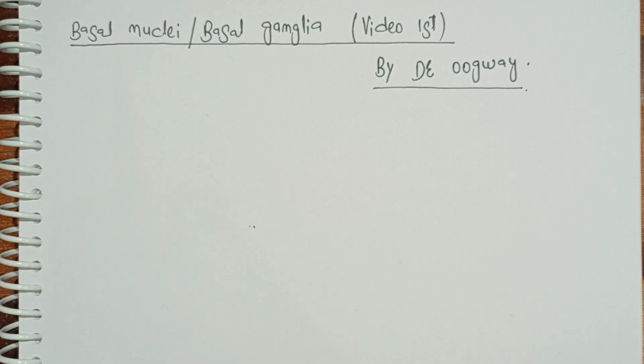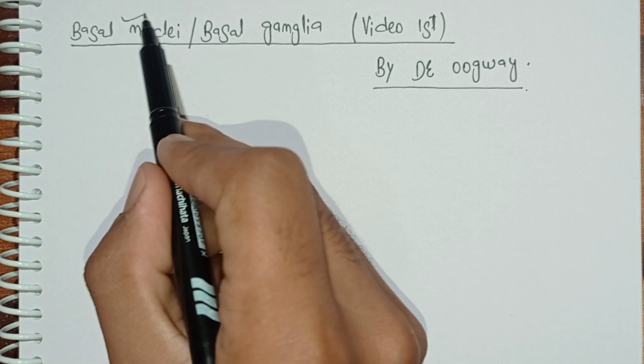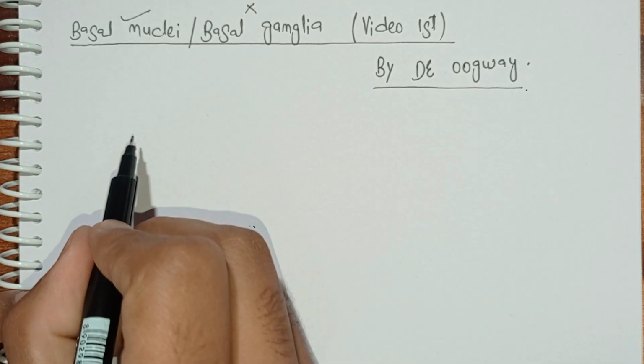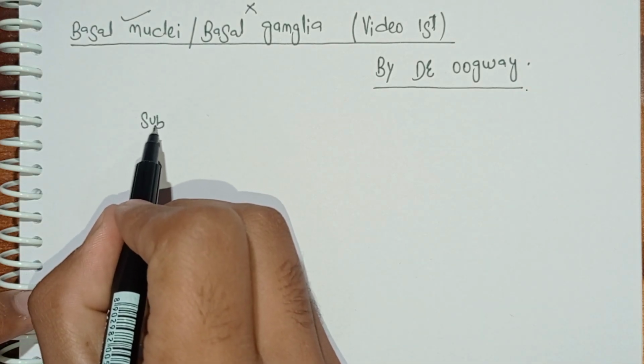The most appropriate term for it is the basal nuclei, not the basal ganglia. So we'll be using the word basal nuclei. What is basal nuclei? Basal nuclei, these are